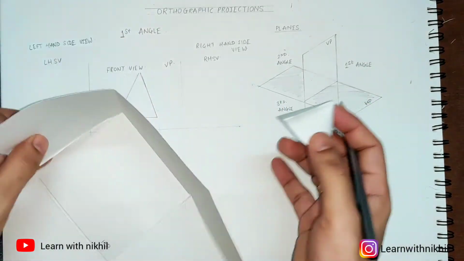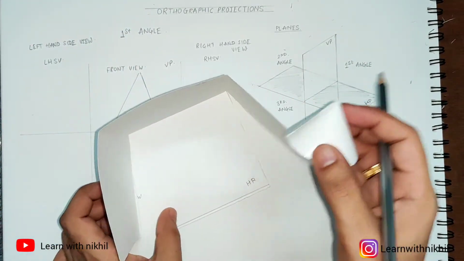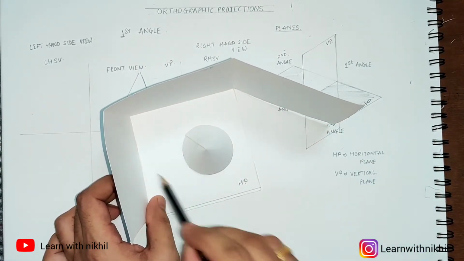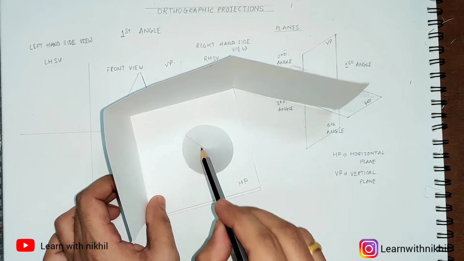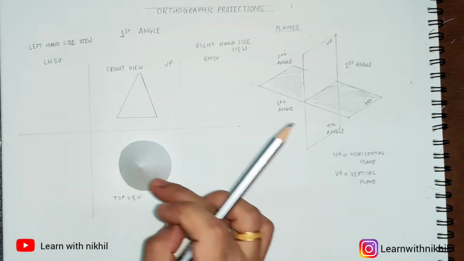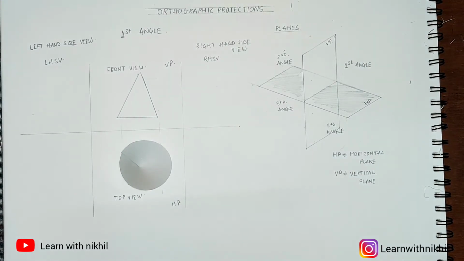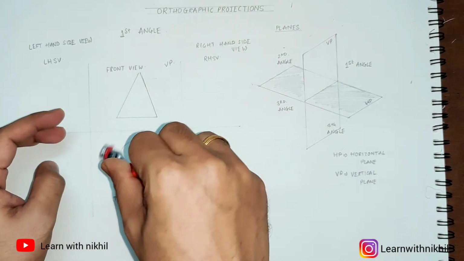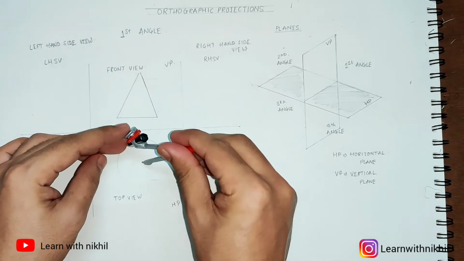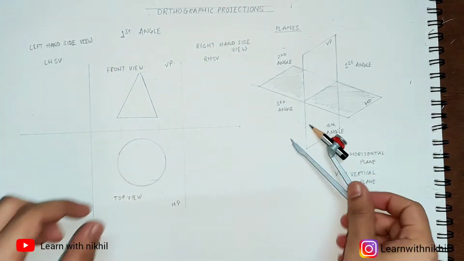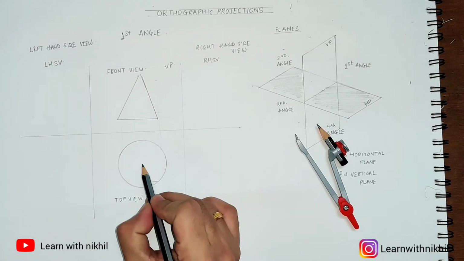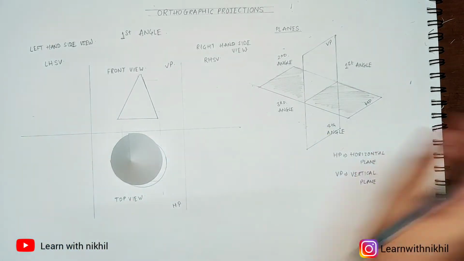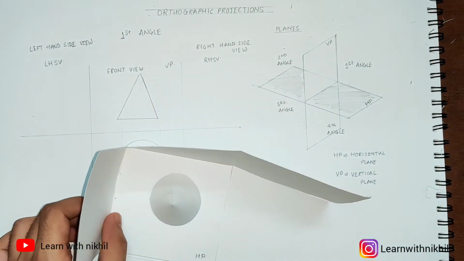Now again in the three-dimensional plane, if we look at the cone from the top view, from the top side, you see a circle and a center dot. So from the top view, it forms on the horizontal plane. It is a circle with the base of the cone, which is a circle with a certain diameter. So from the top, it's a circle and a center point, which is the tip of the cone. So we have done the front view and the top view.